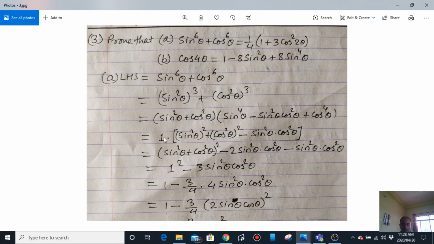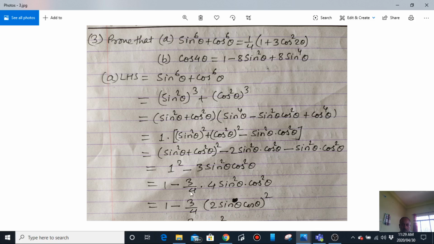Now again this 1 is there, so it can be ignored now outside the bracket. So a square plus b square is a plus b whole square minus 2ab up to here. Minus again that previous one, minus sin square theta cos square theta. So again this is 1 square. These and this are like terms, so they will combine. It will become minus 3 sin square theta cos square theta, equal to 1 minus 3 by 4 into